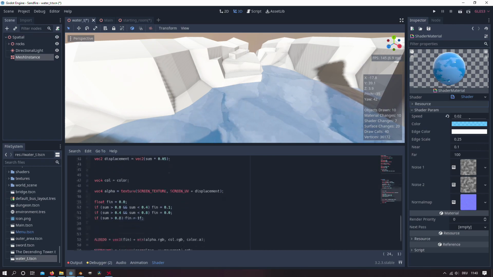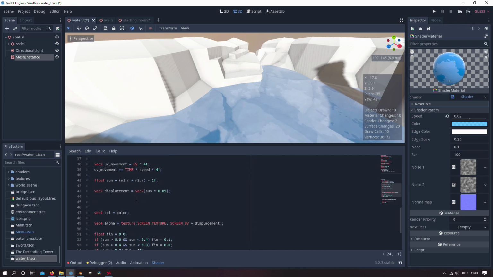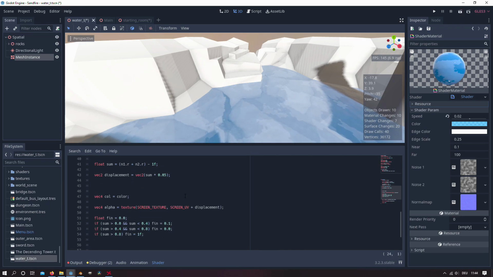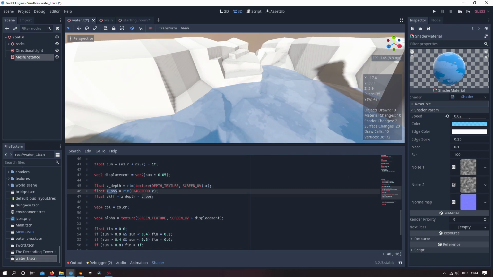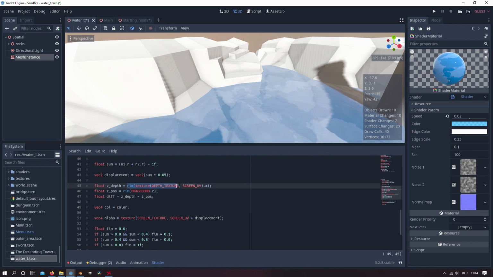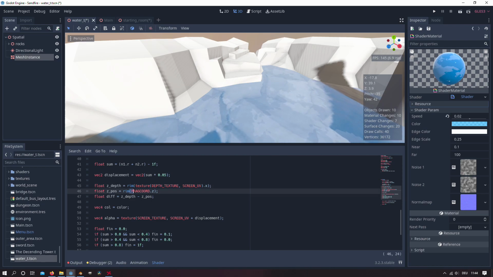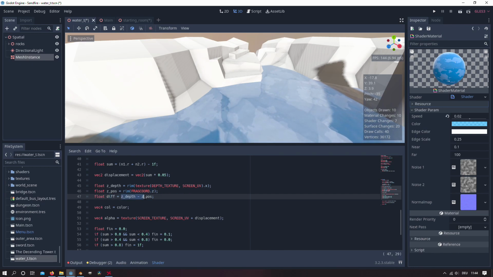So in our fragment function, we want to add this, and I copy this in, and what we do is we create a variable for the depth and the position, and from our function we get the depth and the UV, and for our position we get our Z position, and the difference between these two is the two subtracted,